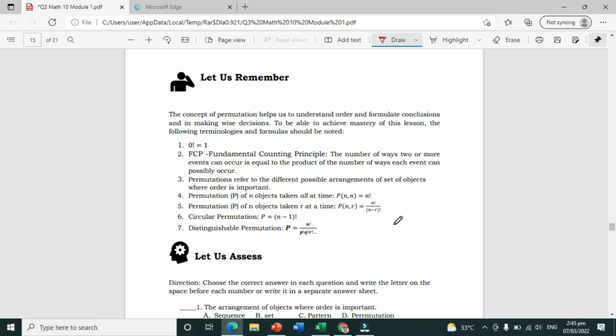So this ends our part 2 of our permutations in our module, quarter 3, module